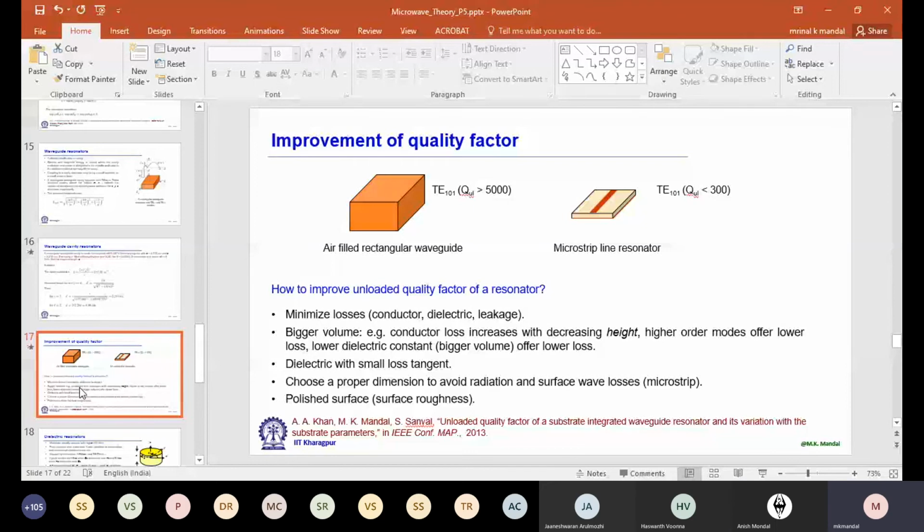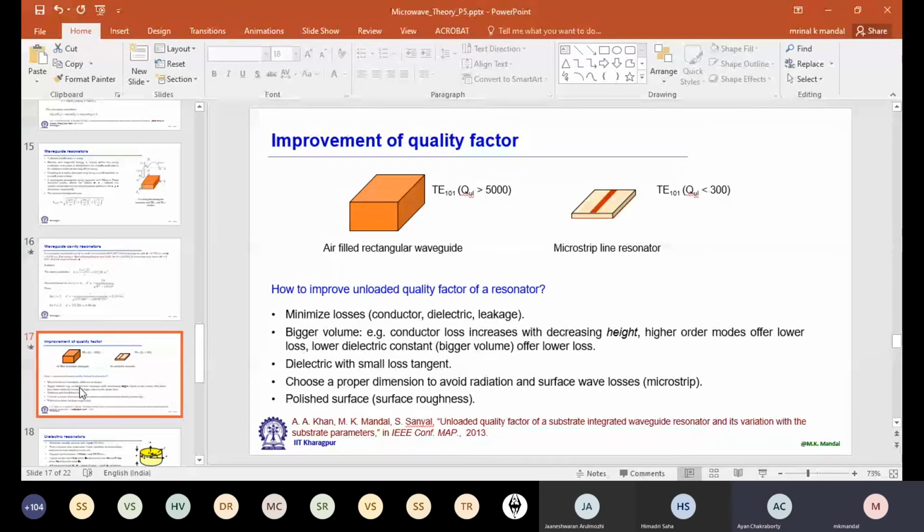Is it due to the fact that rectangular waveguides have a higher power handling capacity? No, power handling capacity has nothing to do with this. That is how much maximum power you can apply. It is related to loss. We have much lower losses in the rectangular waveguide compared to microstrip. Yes, that is a one line answer. Can you elaborate a little? If I give you 2 marks for this, obviously I don't want a one sentence answer from you. But why?